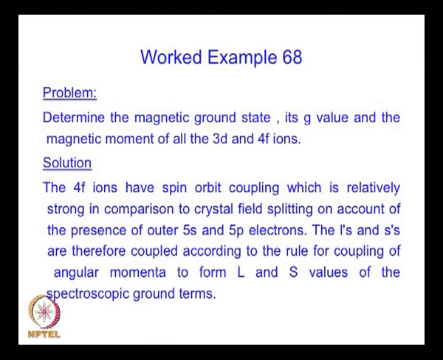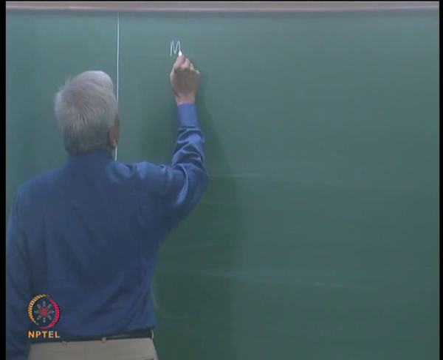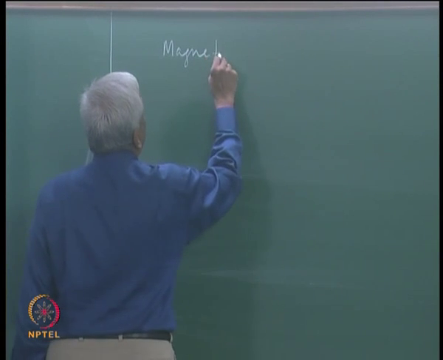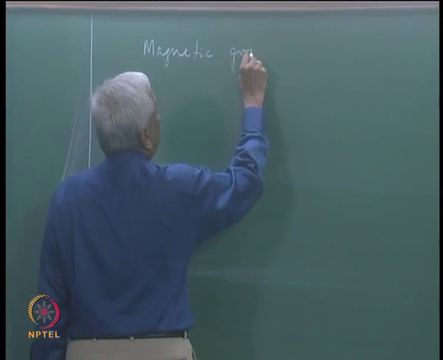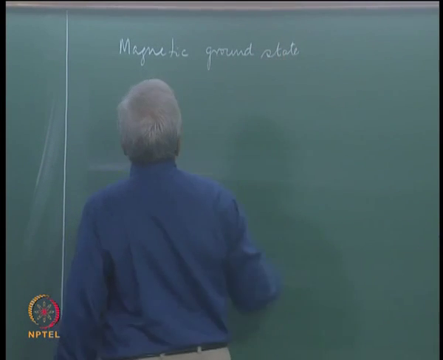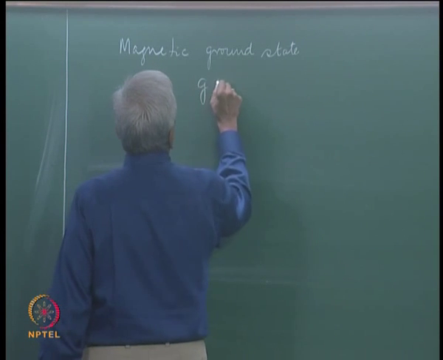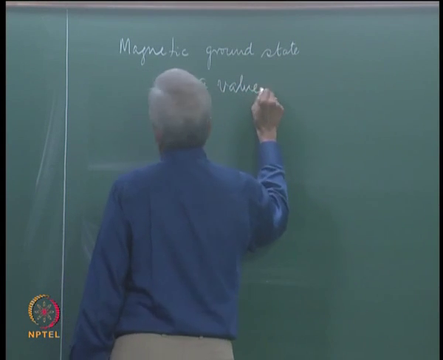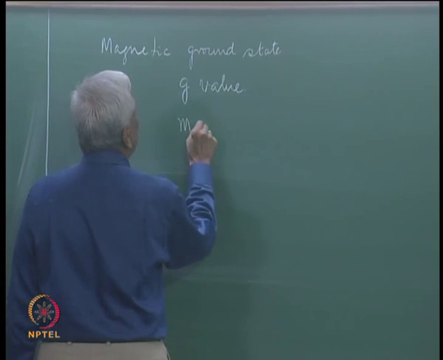Today we continue to do a few more examples on magnetism. This is an important question in which we are asked to determine the magnetic ground state, the G value of this ground state, and the corresponding magnetic moment